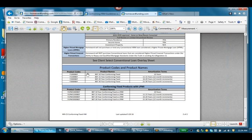Here on the second page, you can also see all the product descriptions and the product codes. Now, at Homeward, we allow you to do any term between 10 and 30-year term in 12-month increments. So, for example, if you have a rate and term refinance and your borrower has had the loan for 3